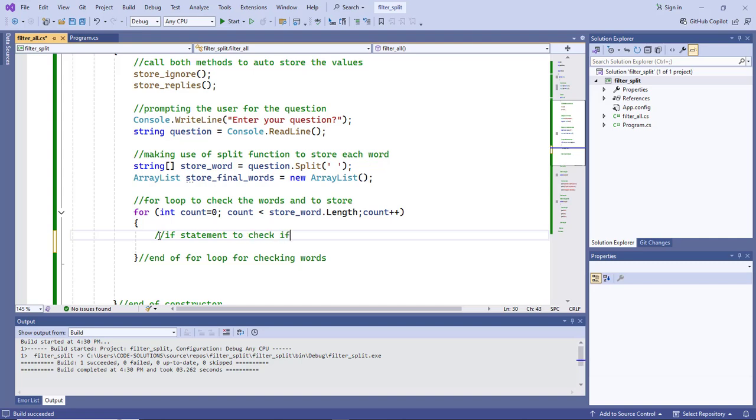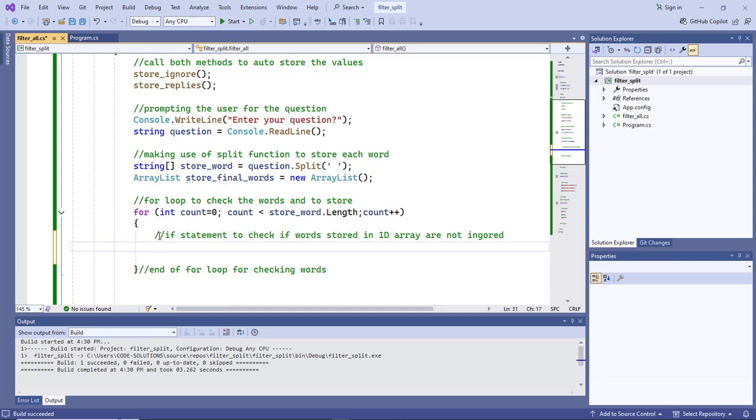to check if words stored in the line array are not ignored, right? So we already have our array list, which is ignore, that has the words that have to be ignored. So I will just